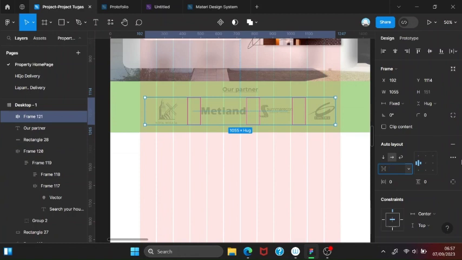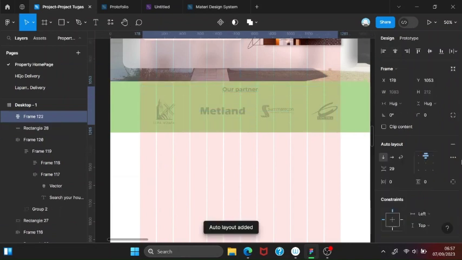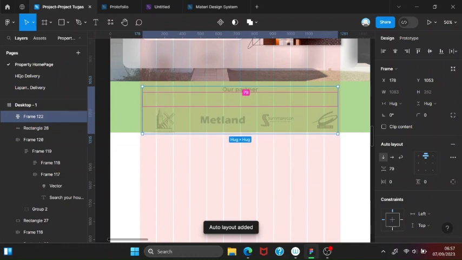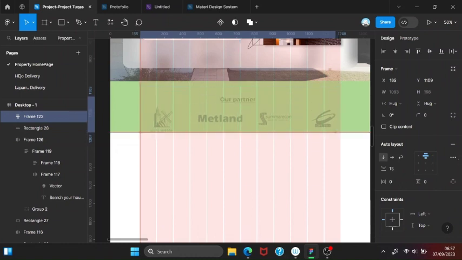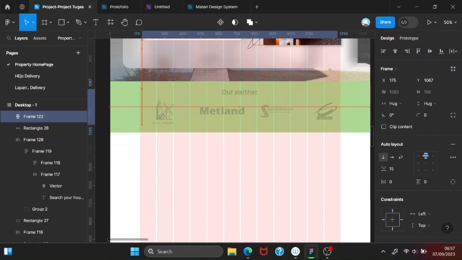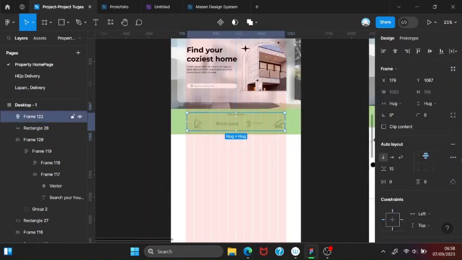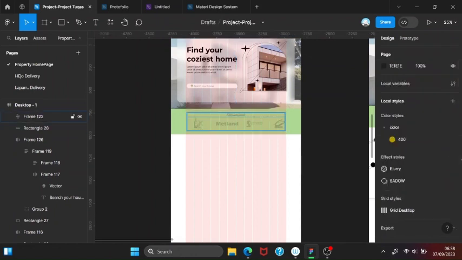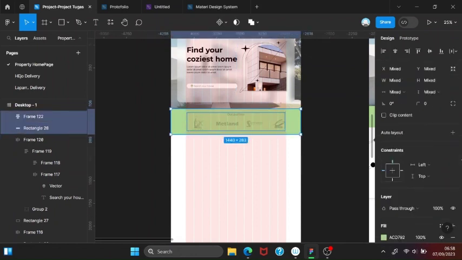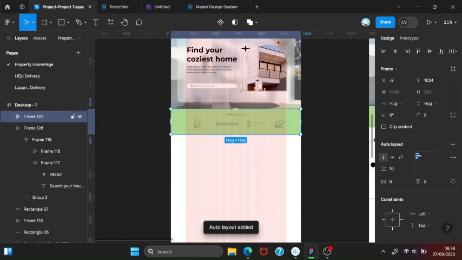Okay, then let's auto layout it with the partner text, then put it on one here. Let's auto layout it with the background. Okay,